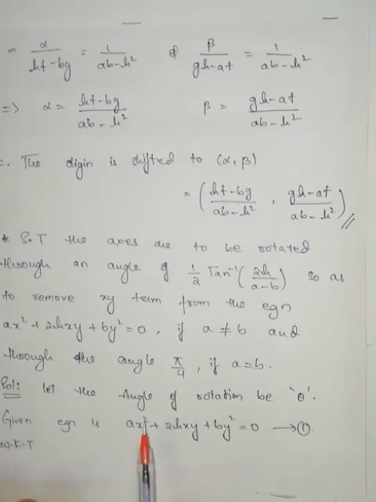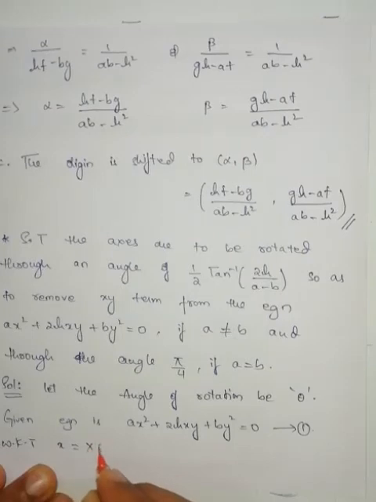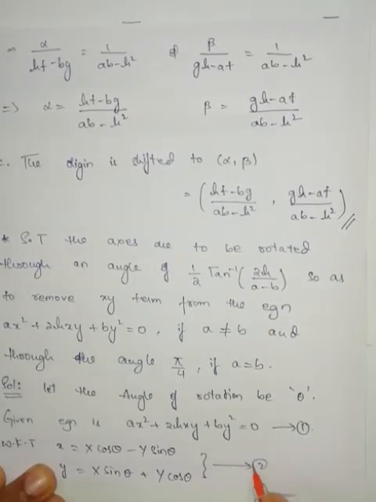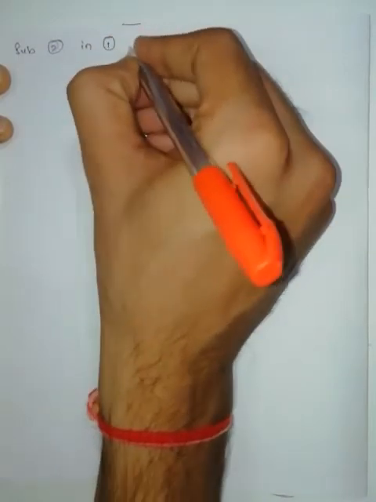We know that to transform this equation, the transformed equation is in terms of capital X and capital Y. So we will get small x is equal to capital X cos theta minus capital Y sin theta, and small y is equal to capital X sin theta plus capital Y cos theta. Equation 2. Substituting 2 in equation number 1, we get